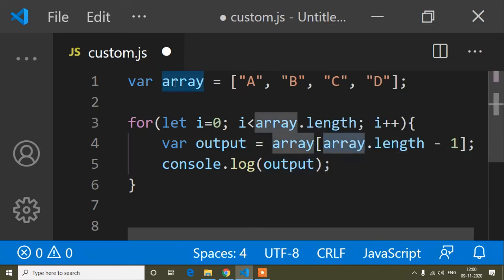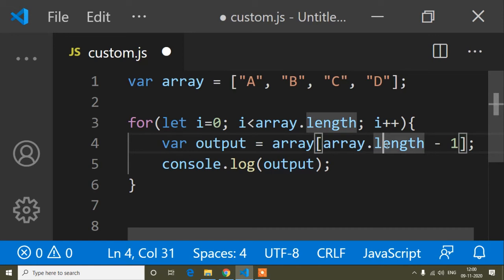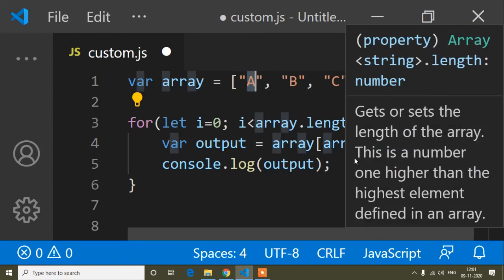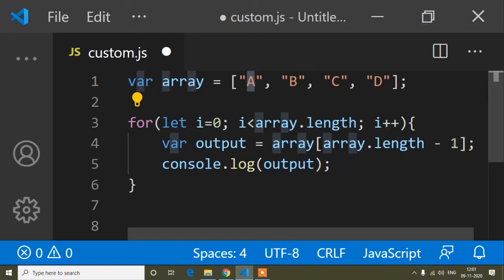So array means this one, and length, I told you, is the count: 1, 2, 3, 4. So array dot length is 4. But you may think why I don't write only array dot length, since that would print only D. I have written -1 because array dot length is 4, and minus 1 means 3, because the index starts from 0, not from 1.